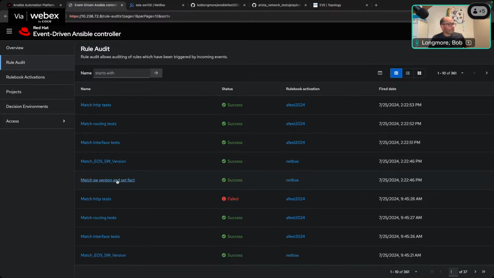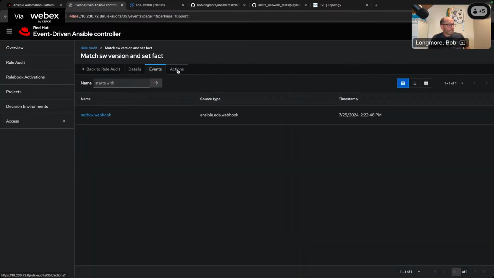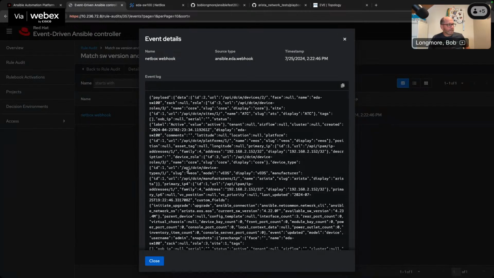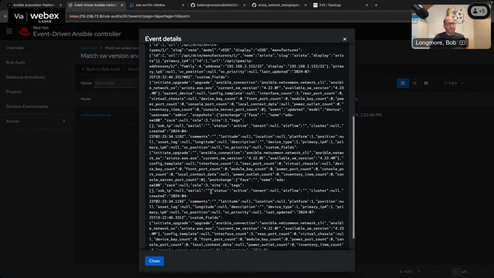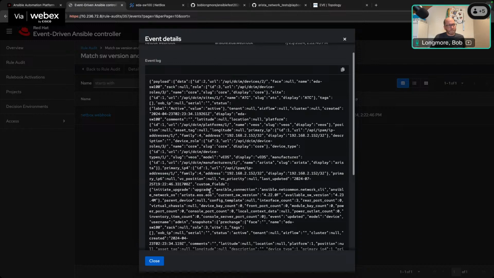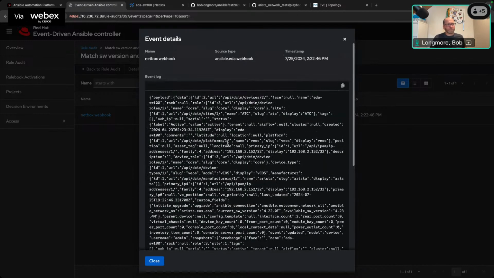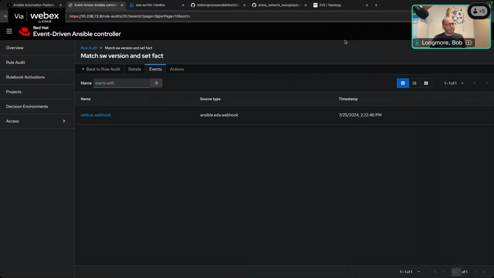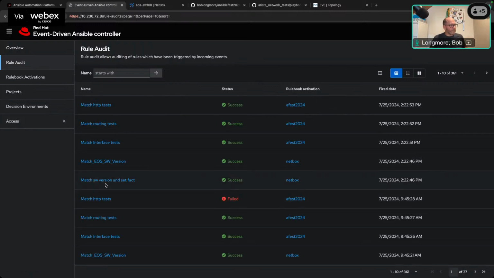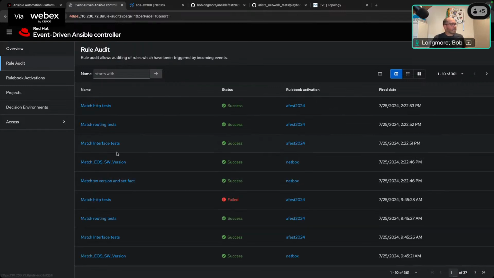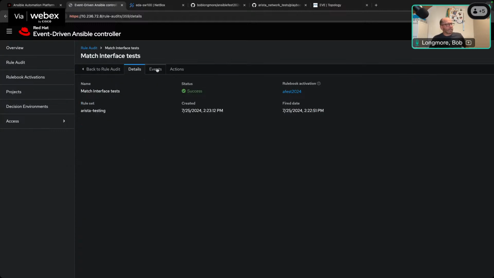we will see these events here and all the information that the event sends into EDA that it can look for, basically traverse that key to look for matching messages, and kind of what it's done here. So if we look at our interface tests here,